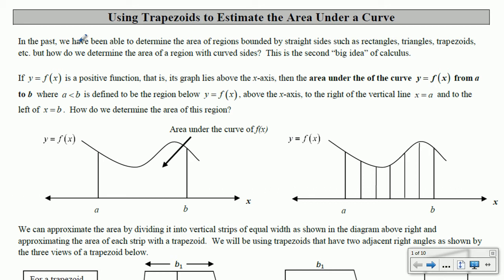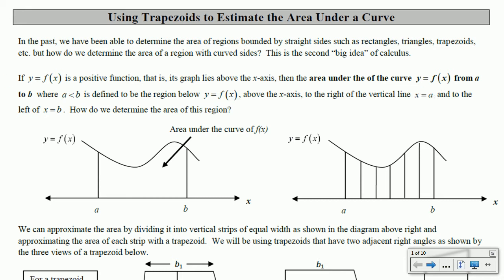So in the past we've been able to determine the area of regions bounded by straight sides such as rectangles, triangles, and trapezoids. But how do we determine the area of a region with curved sides? This is the second big idea of calculus. So if a graph is a positive function, so it lies above the x-axis, and the area under the curve from A to B, where A is to the left of B, is defined by the region below the graph, above the x-axis, to the right of A, and to the left of B, how do we determine the area